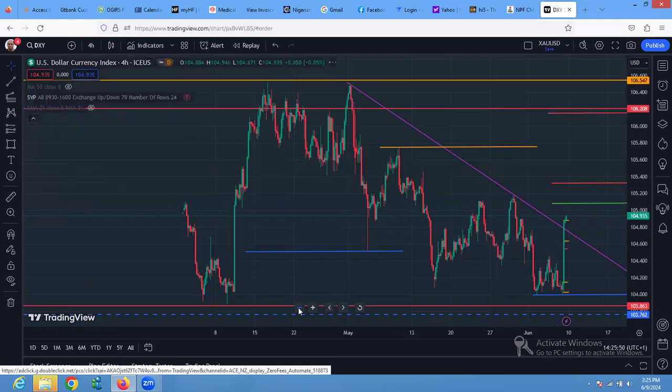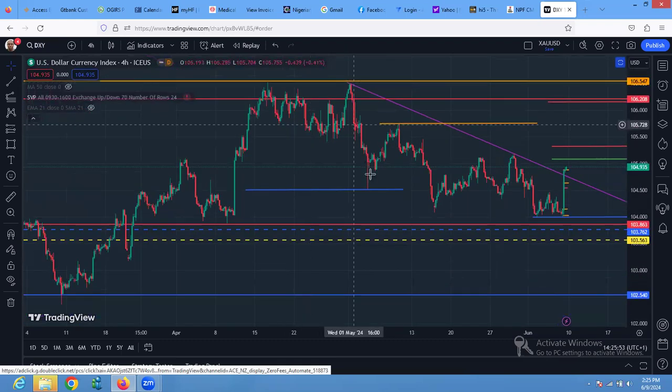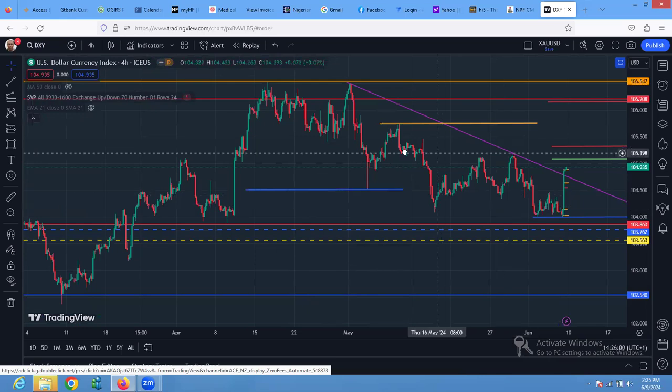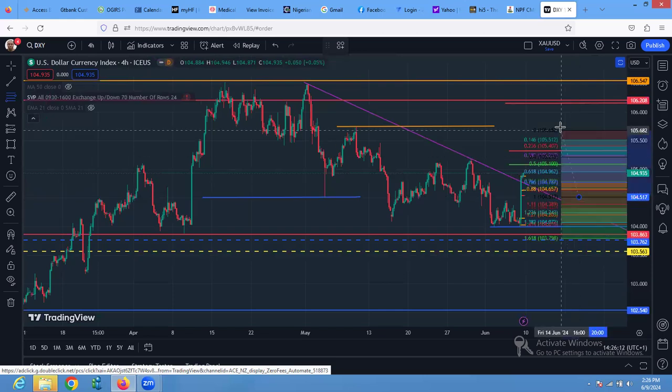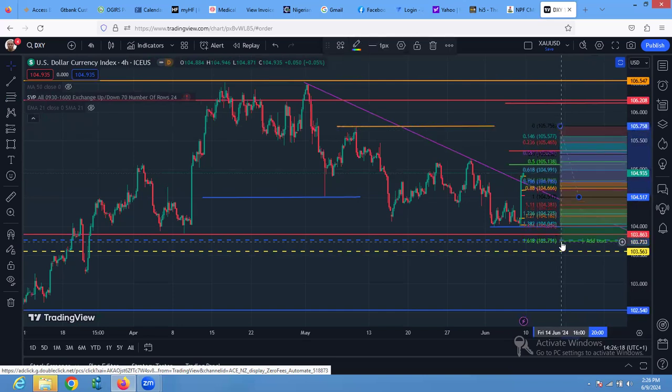You remember I said we started correction from this area and we thought that if this one ended, this will not be a correction anymore and it will continue. Like I said, when I picked it from here to this point, I said once we go past 161.8, that will be in wave 3. So at this point, if we're able to break down to this point, I said we'll be in wave 3. But we didn't get to this point before we saw this reaction. It now means that what this one is giving